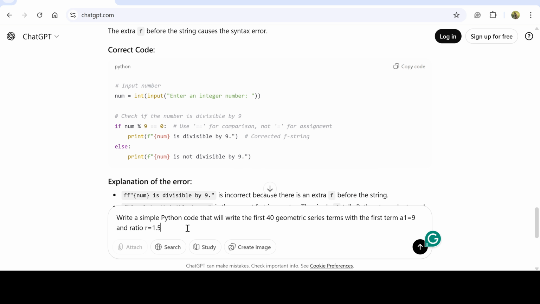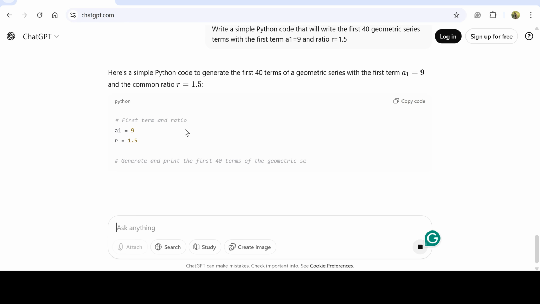ChatGPT gives me the code. I'll run it in VS Code and check the output. And again,